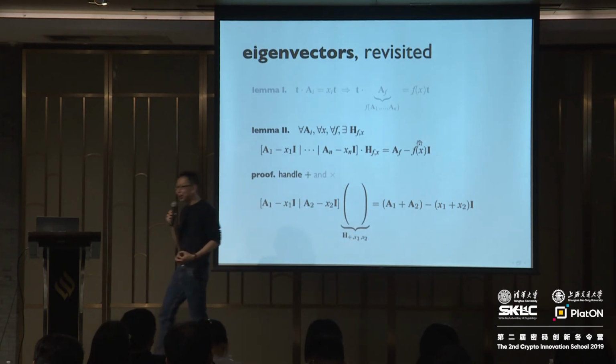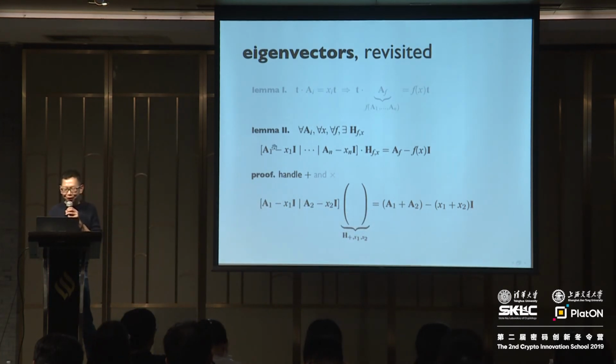So basically, what is the thing about the lemma of this statement? The left-hand side is fixed. The right-hand side is fixed. The only non-trivial part of the lemma statement is to prove the existence of this matrix H. So I'm going to prove this matrix exists for addition, which is x1 plus x2, and then prove that it exists for x1 times x2.